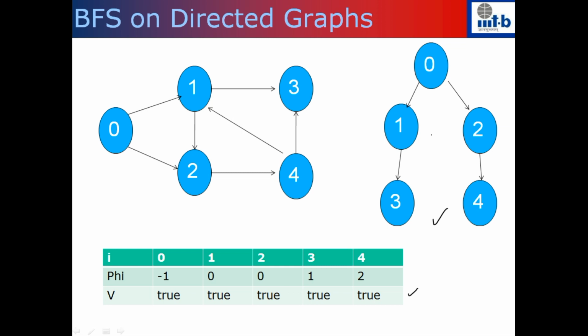So it's something like you visit all your friends first, and then you worry about friends of friends, and then you look at friends of friends of friends, right? So that's level 3. So that's why the name BFS comes from. So it's breadth first. You visit all your friends first, and then you worry about all friends of friends, and then later on you look at friends of friends of friends, and so on.